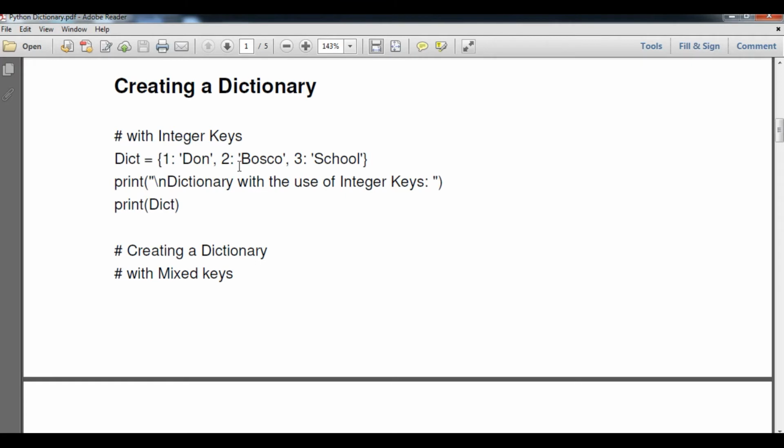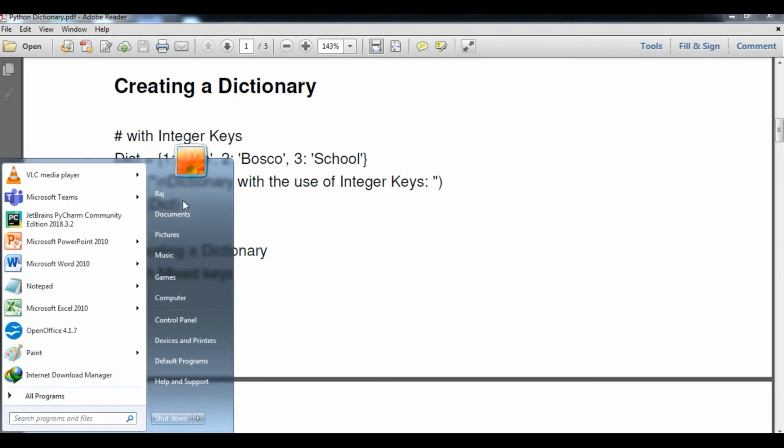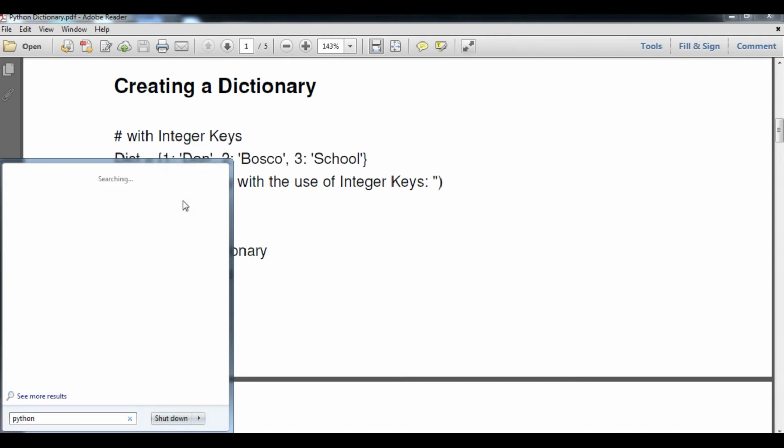Here you can see that 1, 2, 3 are the keys and the values are Don, Bosco and school. These values are associated with their keys and these keys are associated with their values also. On the next line I have printed the dictionary using the key integer, dict. We will do the practical along with the same.